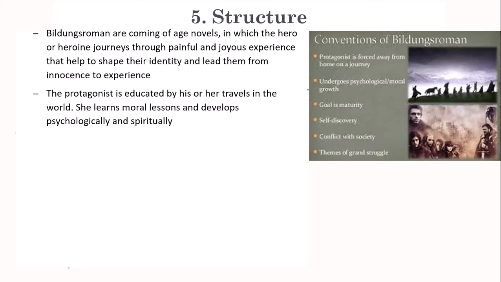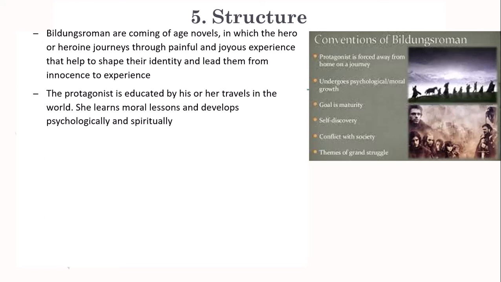We have various things here for this book. I mentioned the typhus at the school, other things that happen at Thornfield that kind of take her from being a child at 19 really to being an adult. The goal is maturity, self-discovery. There's usually some kind of conflict with society, and here it's a lot to do with gender and social class. How is she struggling because of those things, and how does she overcome what society would have